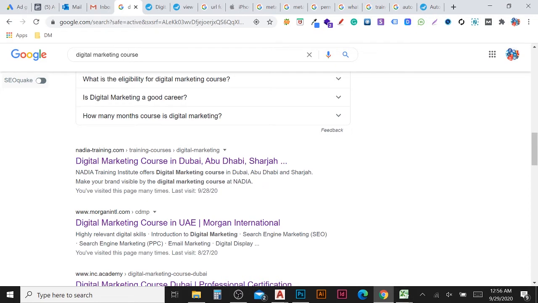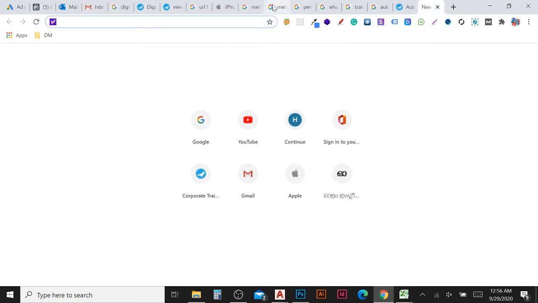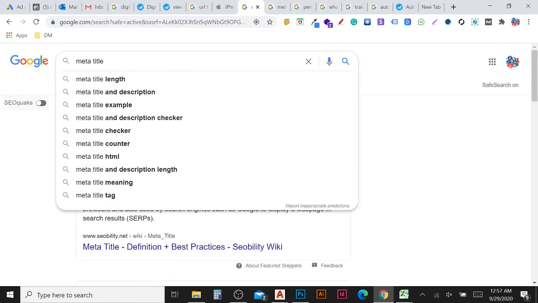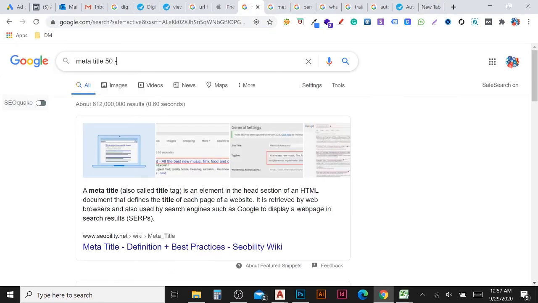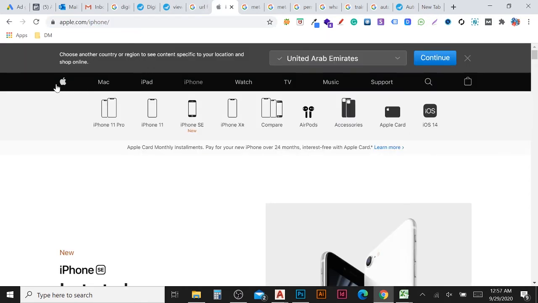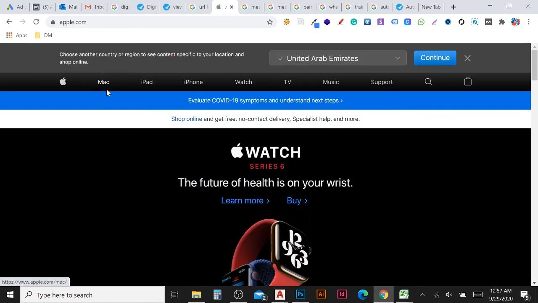Before that, we'll give one criterion: when you are giving a meta title, we cannot give a lot of words or characters. It's limited. For the meta title, I will recommend a minimum of 50 required, but not more than 60. It means a minimum of 50 characters required for the meta title, not more than 60. You can also check if there is any running website. You can just open the website and hover the mouse over the tab. What is the meta title?